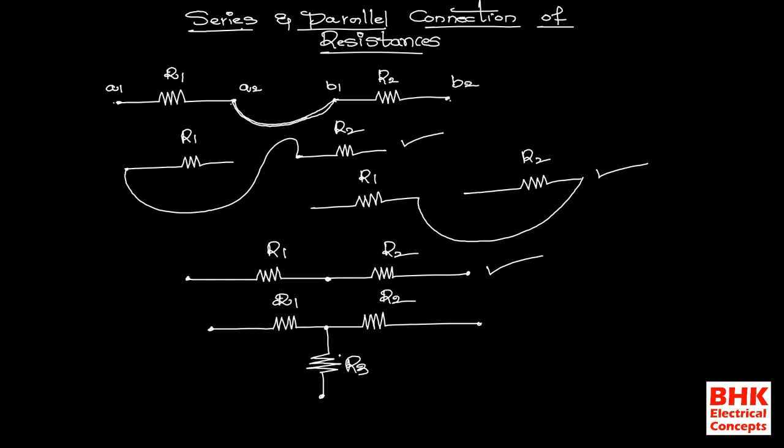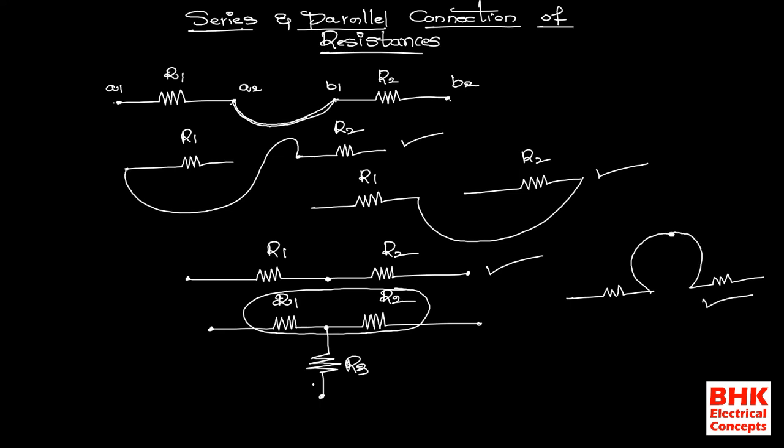But when we connect this R3 between R1 and R2 like this, then R1 and R2 are not connected in series. Series connection means R1, R2, and take one node point here. If you combine these two terminals at this point, then we call it a series connection. For example, we are taking another